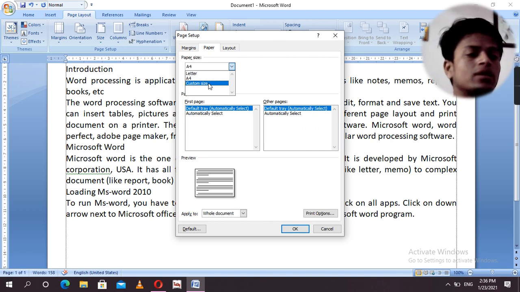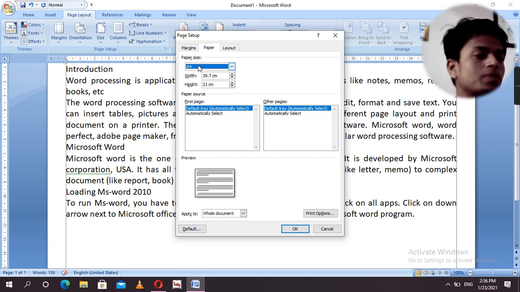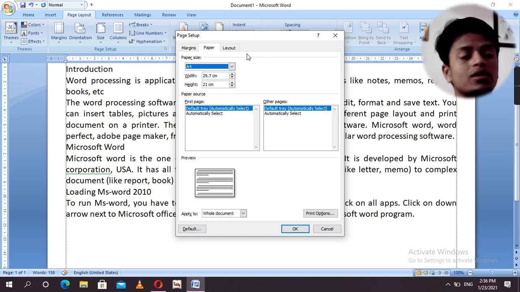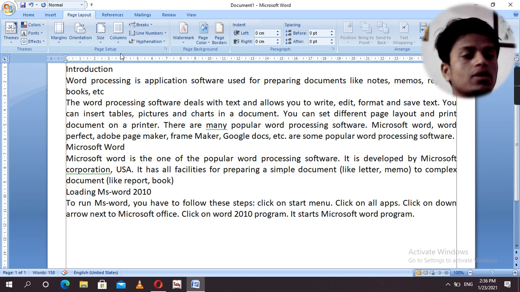According to your need you can create the size. Basically, in documents everywhere A4 size paper is used. The mostly used paper in the working area is A4. A3 and other sizes are used in some printing offices or studios for other types of documents, but for official working purposes A4 is generally used. It is already in A4 size paper.